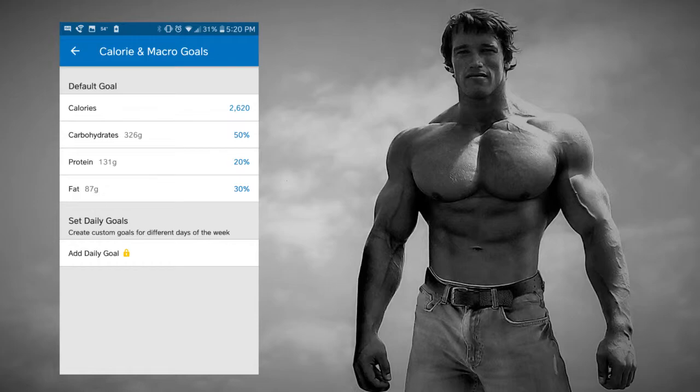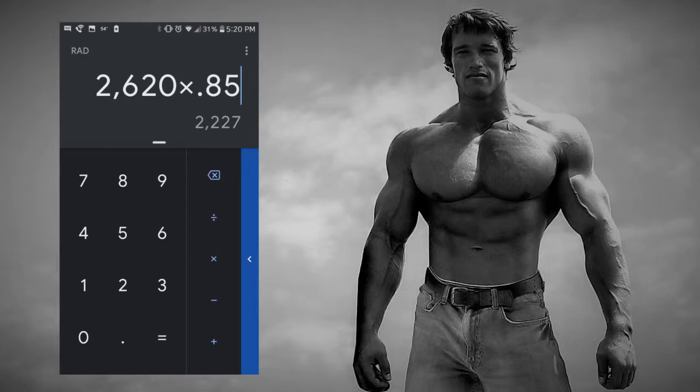So basically, I'm going to show you how to take your maintenance calorie count and change that to a 15% deficit. So here we are on my calculator. Basically, you're going to multiply your calories by 0.85. And it's that simple. There's my 15% deficit, which is